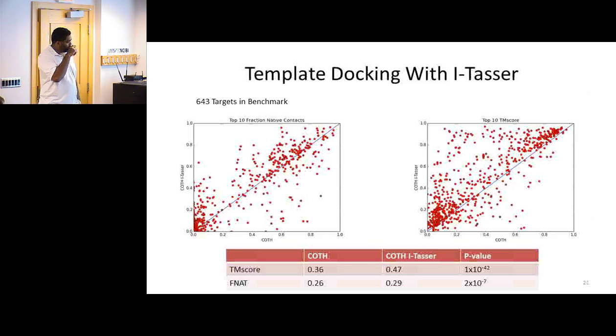The other thing we looked at was template docking. We have our template complex, we build individual monomer models, and we try to superimpose each monomer chain onto the complex template. At first glance, it looks really nice, and you have an increase in interface contacts predicted and an improvement in structure similarity when compared to the starting template.